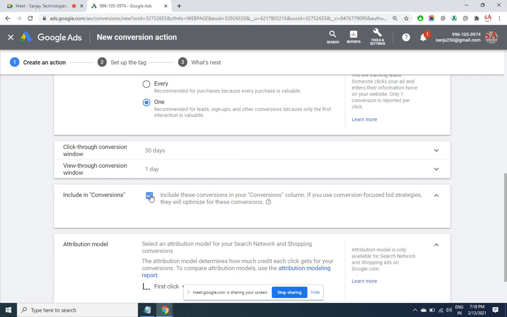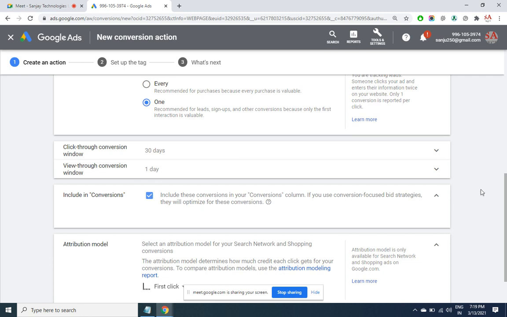We can create multiple CPAs, but at any time, we should mention only one as yes. Yes. And if at all you wanted to have multiple CPAs active, then multiple ads have to be created. Yes, multiple campaigns have to be created. So one campaign, one conversion value sort of thing. Yeah.